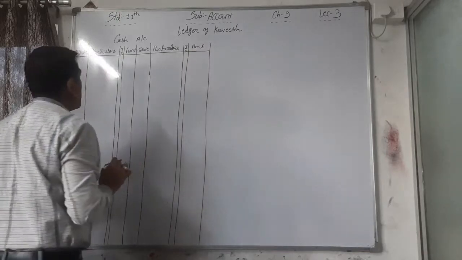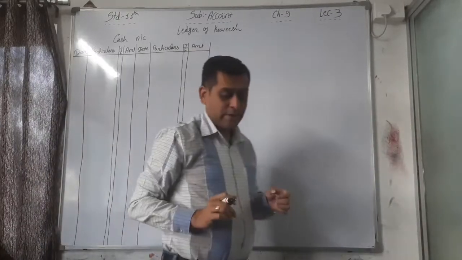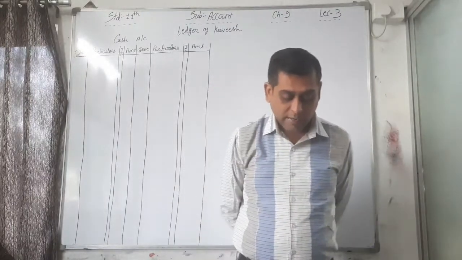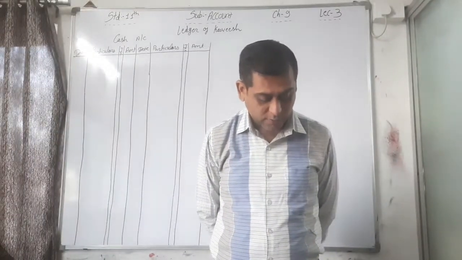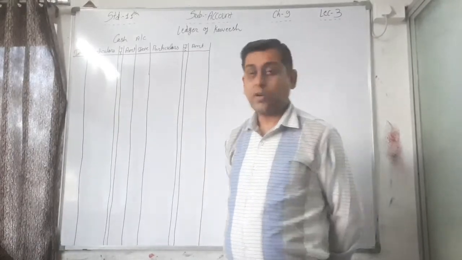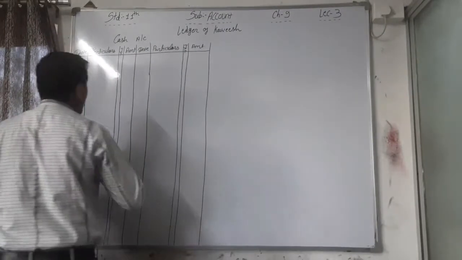This is the first account and this is only a 3-line account. Now the next one is the furniture account. Only the furniture account has how many entries? Furniture in the first, then no, second, third, fourth and fifth. So the furniture account has only one entry. That's why only one line for that.